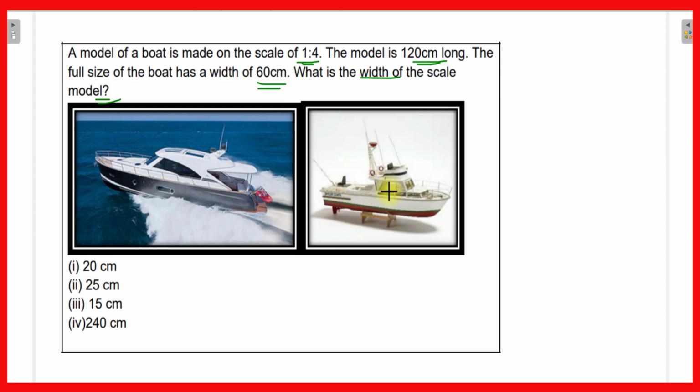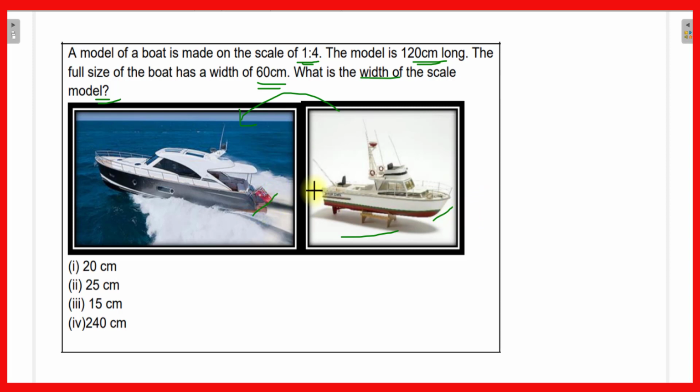You know what the model is. First the model is built with some scale factor, and then according to that the ship or any structure is built. So first is the model, and the model is always smaller than the original structure, and the scale factor is 1:4. So if the length of the model is 1 centimeter, then the length of the original structure will be 4 centimeter, because the scale factor is 1:4. If the width is 1 centimeter, then the width of the original structure will also be 4 centimeter.